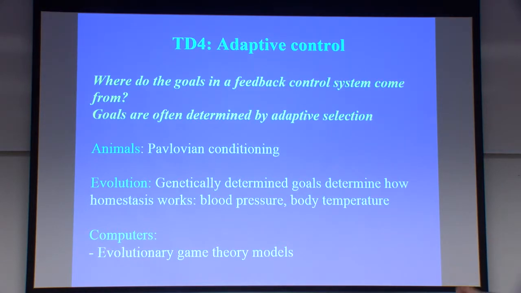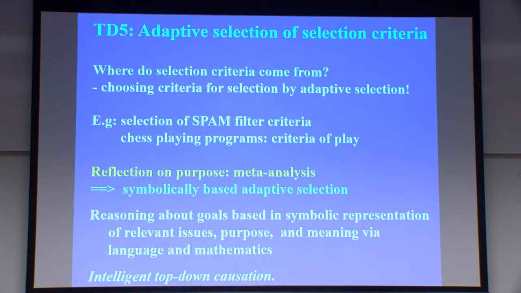And evolutionary game theory models are a model in computer. And the most important one in some ways from the viewpoint of higher level complexity is adaptive selection of selection criteria. I've emphasized in adaptive selection you've got an environment but you've got selection criteria. Now where did those selection criteria come from? And the answer is again they were in general adaptively selected, not always but in many cases. So choosing criteria for selection by adaptive selection is the higher order thing which determines the start of